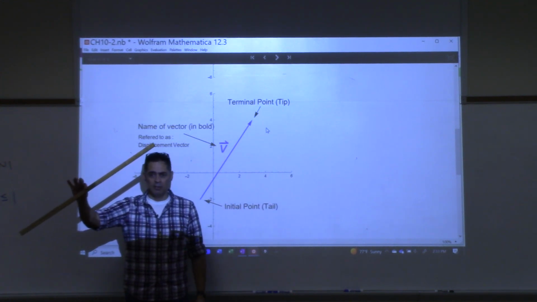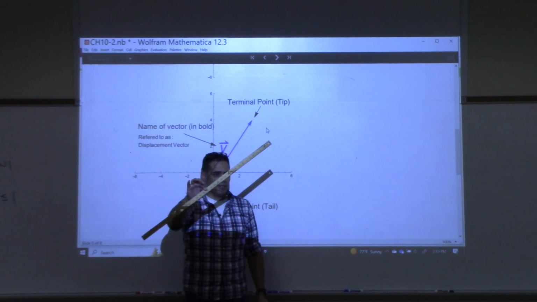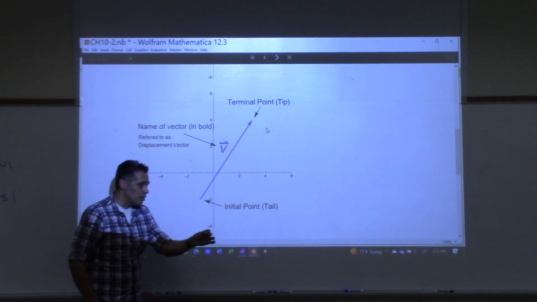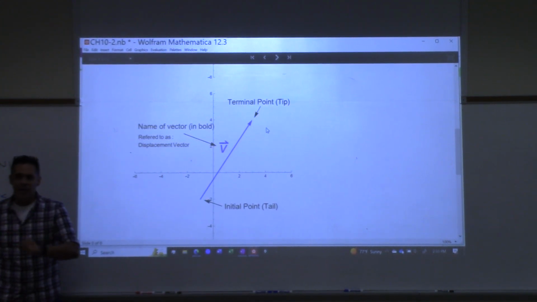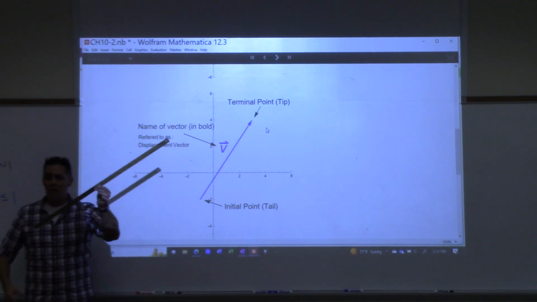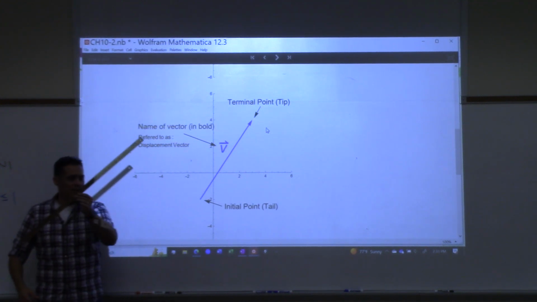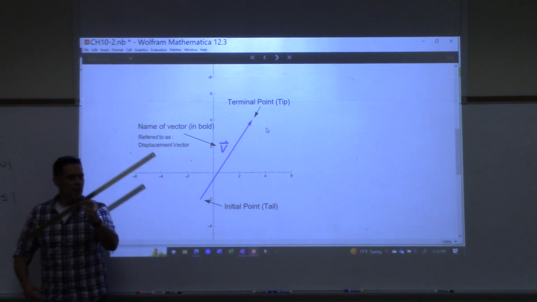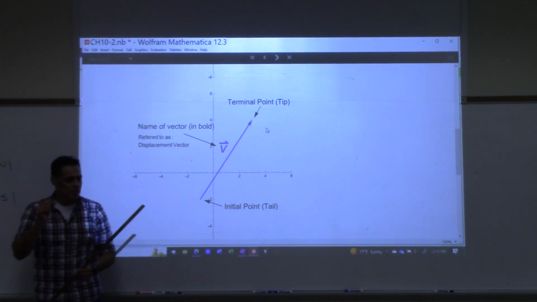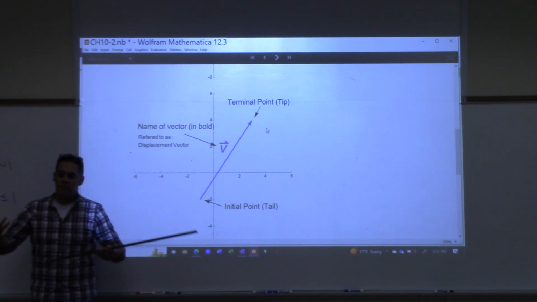Now, forget line segments. There's a vector. If I move it here, is it the same vector? Yeah. Does it have the same length and direction? Yes. So the big difference between a vector and a line segment is where it lives in space. For a vector, it does not matter where it lives in space. It's always the same no matter if you move it around. As long as you don't change the length and direction, it's the same vector, which is extremely important for physics